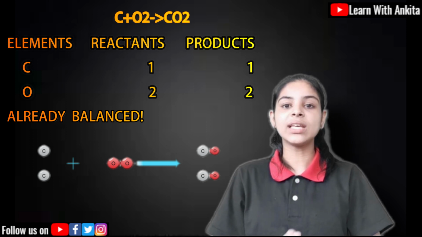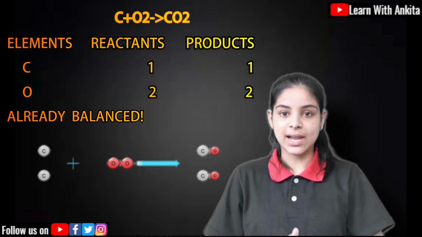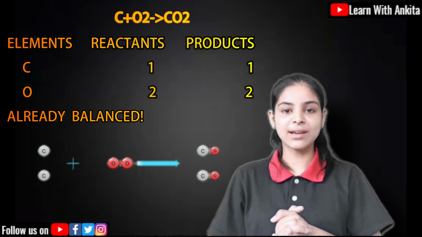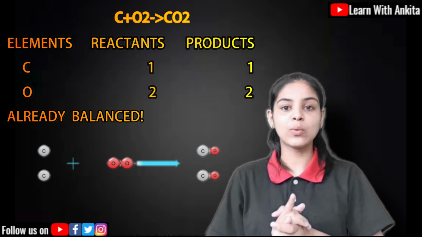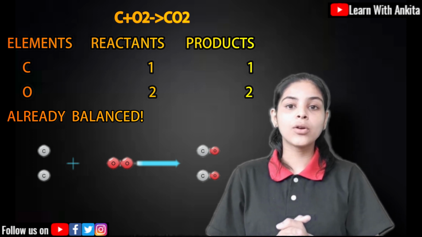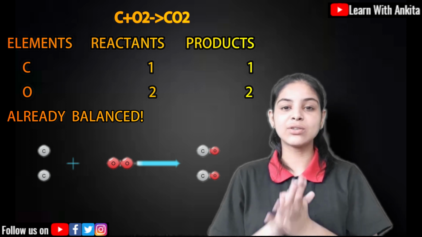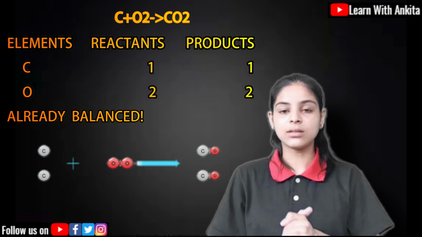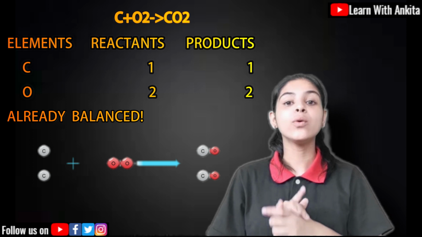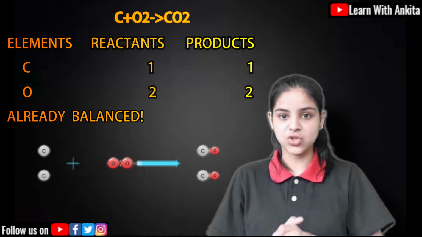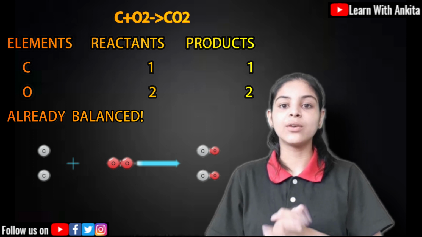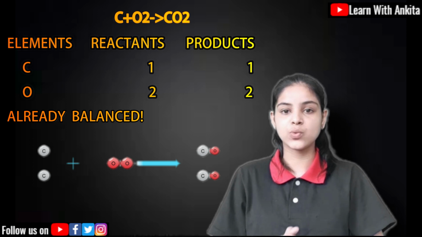Then if we talk about the atoms on the reactant side or the left hand side, first of all, see carbon. How many atoms are there on the reactant side? Only and only one, so we'll write that in the left hand side space. And on the product side you can see the carbon over here. How many atoms are there? Only one. If we move on to the oxygen, you can see over there O2, means 2 atoms are there.